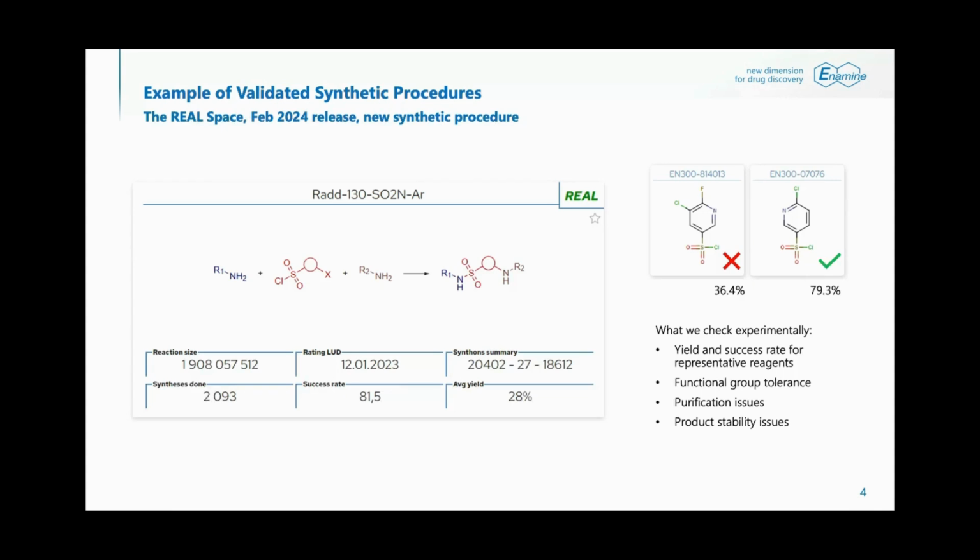So again, when we're talking about REAL compounds or Enamine make-on-demand compounds, we follow two things, right? So first, that's a validated synthetic procedure, and this is just one of the examples of the validated synthetic procedure. That's a kind of multi-step procedure, and basically that's a new procedure, by the way. We've included it in the latest release of the REAL Space, and with this scheme, we can get a pretty decent